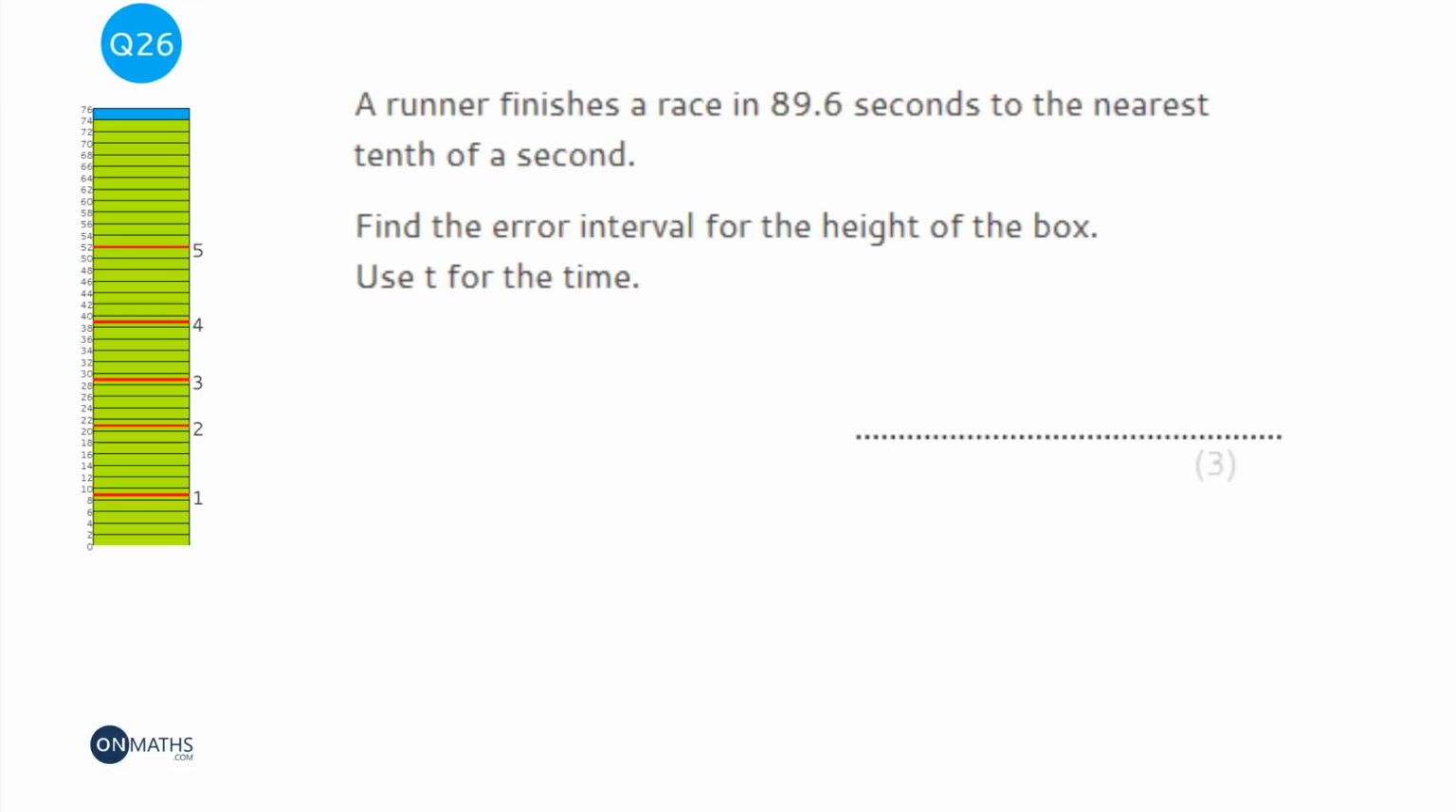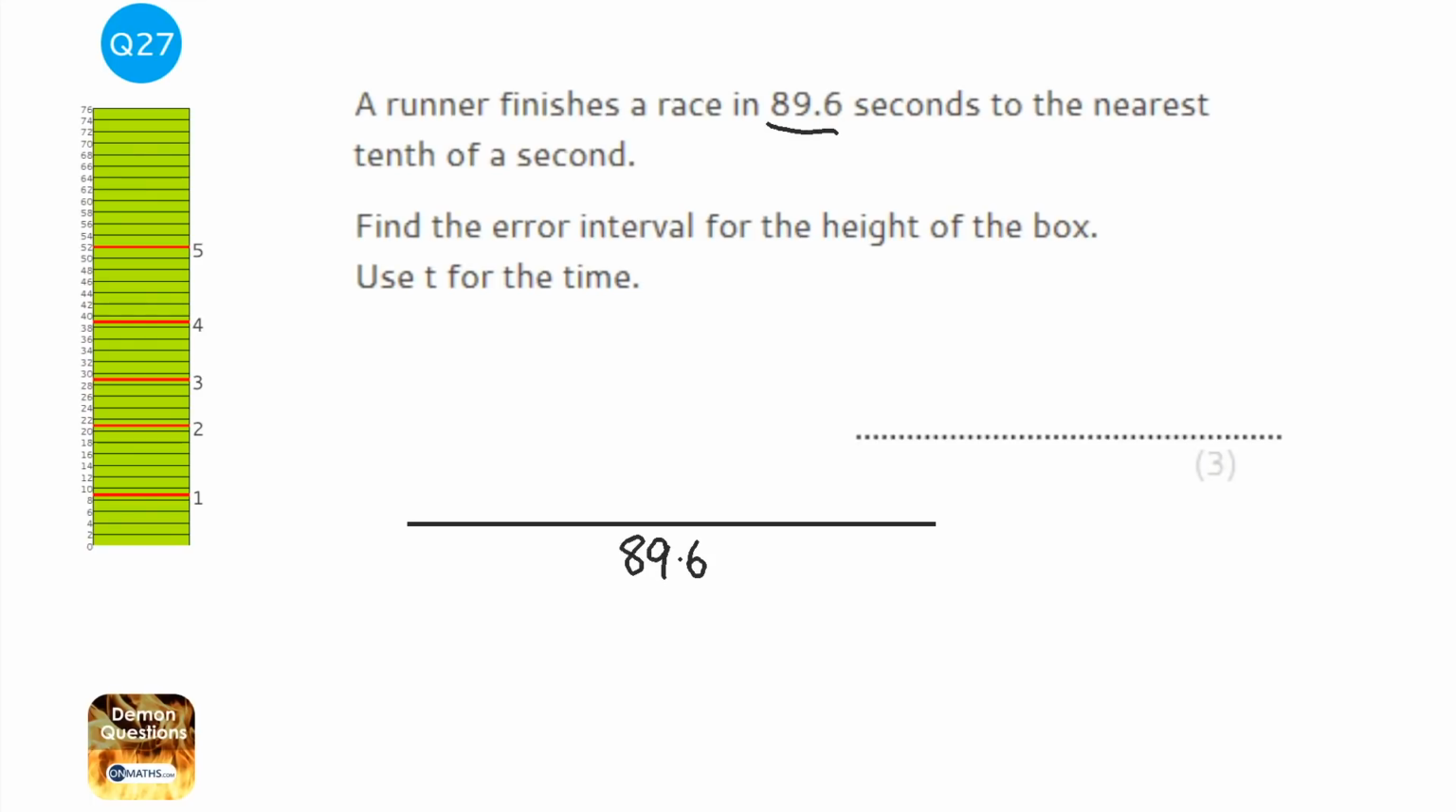Okay, so to do this question, I'm going to start off with a number line. And I'm going to put the number given to us in the question in the middle, so 89.6. Now it says it's to the nearest tenth of a second, so what I want to do on the left hand side is put the next number down. So what could it have rounded to if it was slightly less? Well, the next one down would have been 89.5, and the next one up on the other side would have been